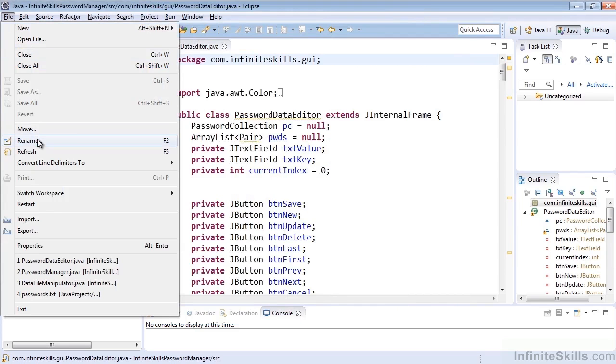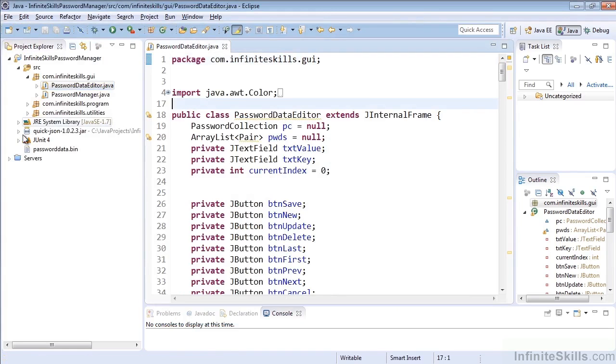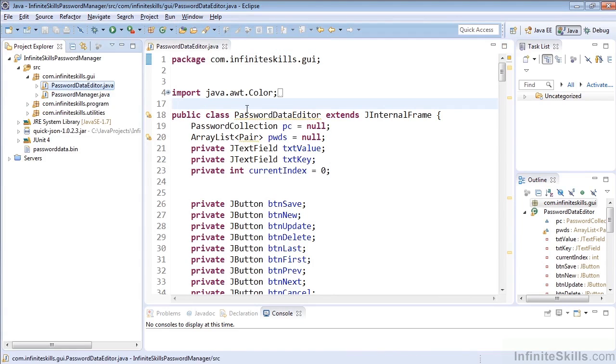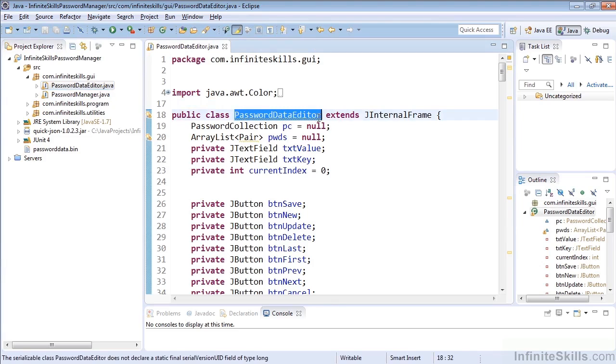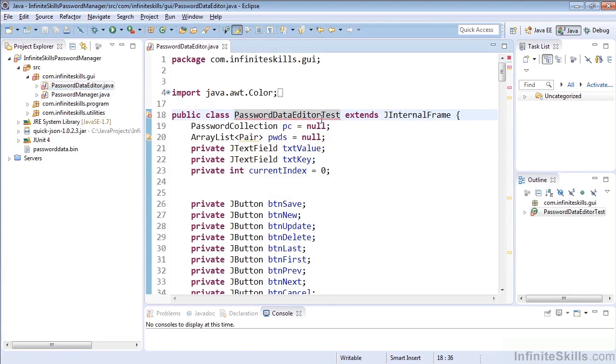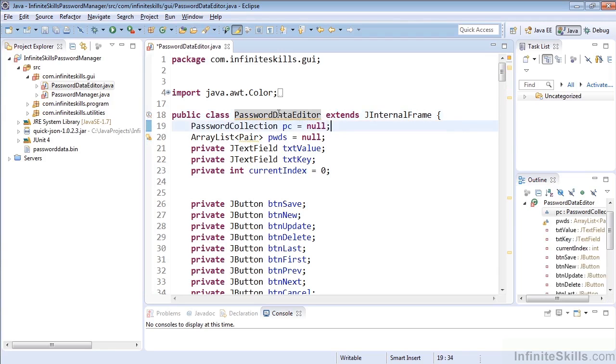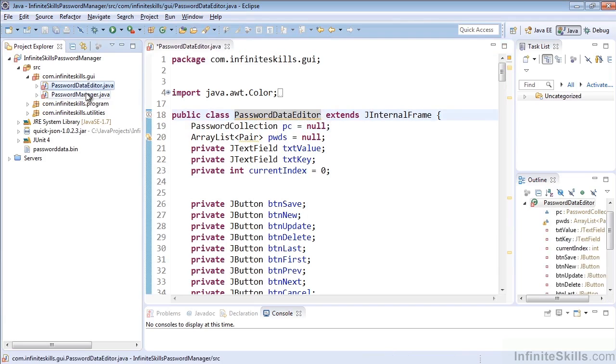If we decide we want to rename a file, we just select the file that we want to rename. Again, if we were to do password data editor and just type in a new name here and save it, we'll note immediately that's an error because, of course, we want our public class name to match our file name. With that, we can't just go about typing in a new name. So there's a couple different ways we can actually rename this class. And the first way, of course, is to place our cursor over top of the file and just hit the